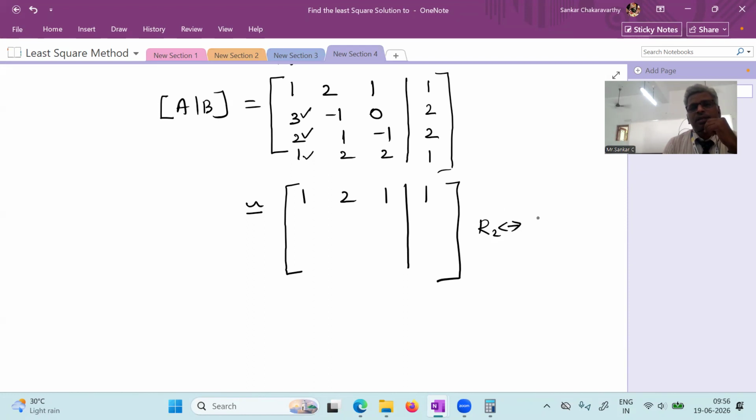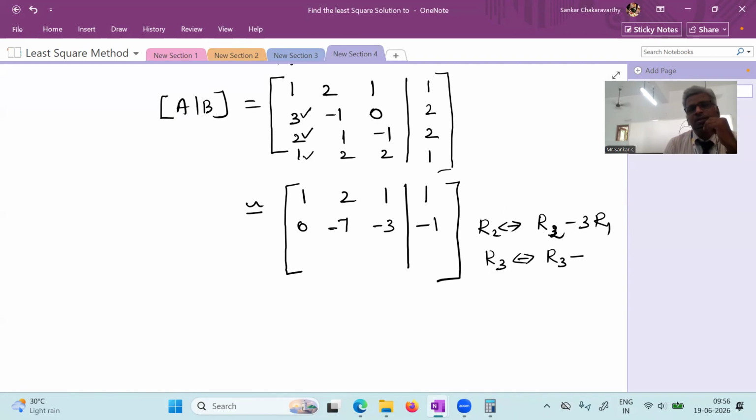Therefore, to make the second row's first non-zero element 0, you have to adjust it as row 2 minus 3 into row 1. Therefore, 3 minus 3 is 0, minus 1 minus 3 into 2 is minus 7, 0 minus 3 is minus 3, 2 minus 3 is minus 1. And row 3 should be replaced by